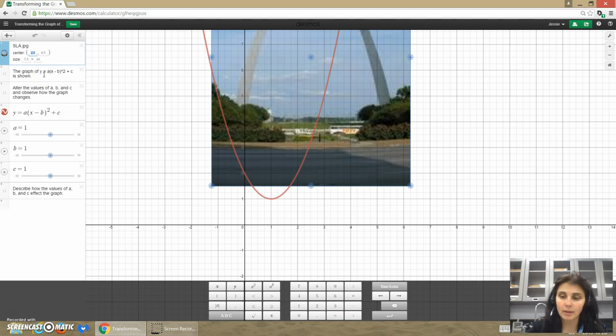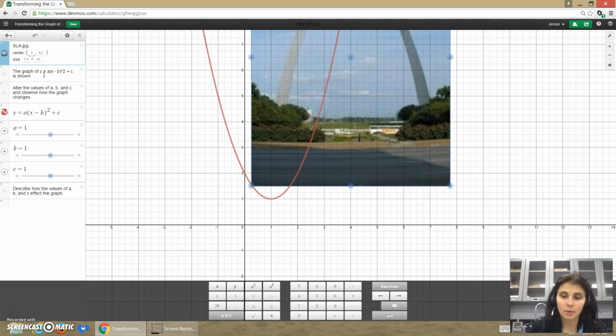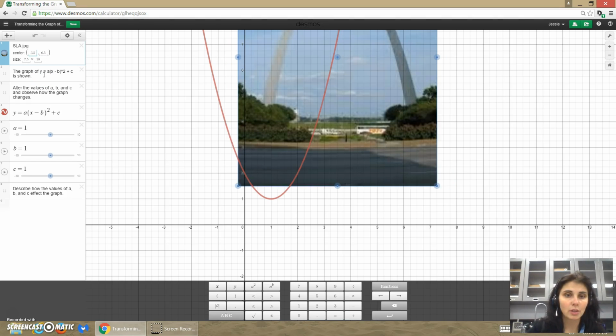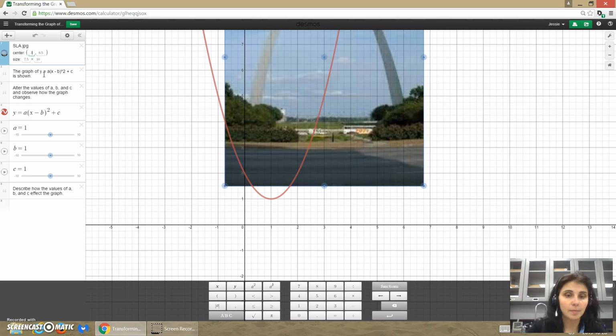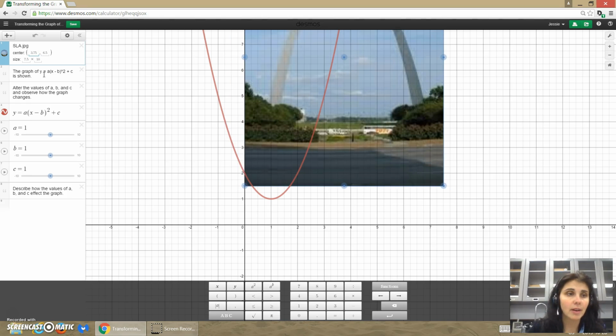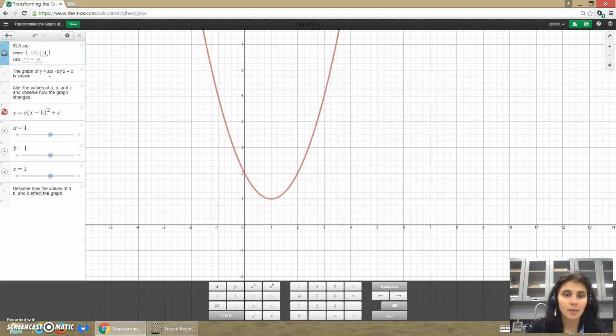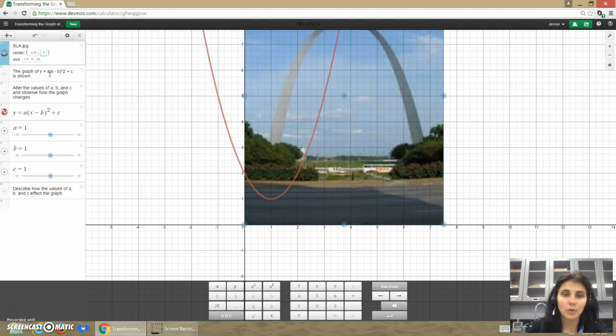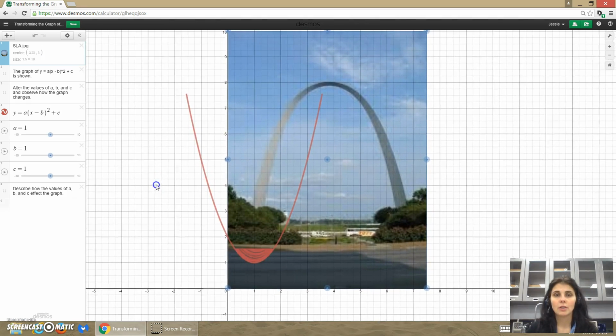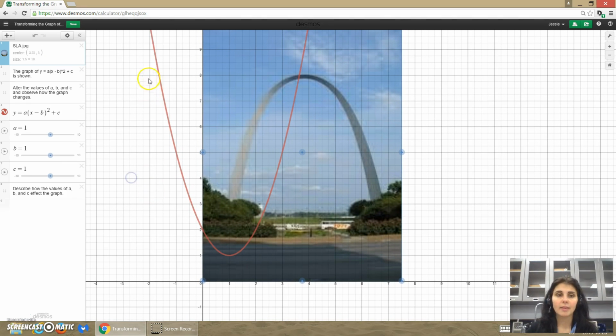So I'm not quite there yet. No, 4 is too much. 3 is too little. But 3.75 seems to be just right. Similarly, I don't really need this to be 6.5. Perhaps 5 will do. And so what I've done is I've then centered the image onto the Desmos graph, and